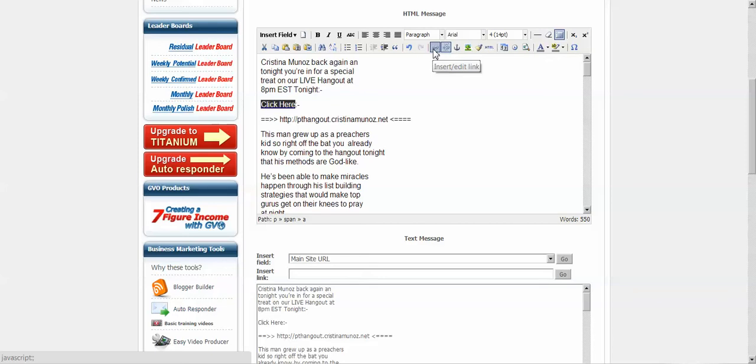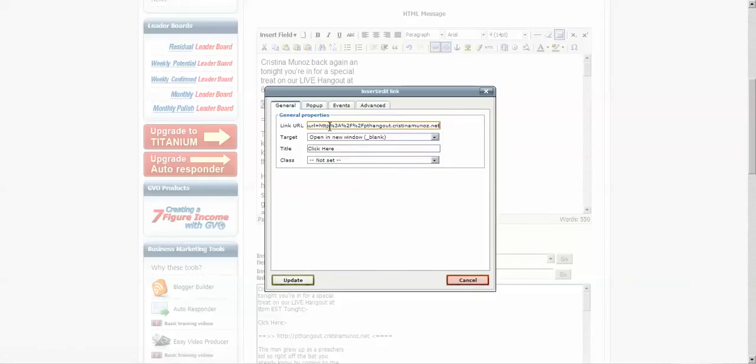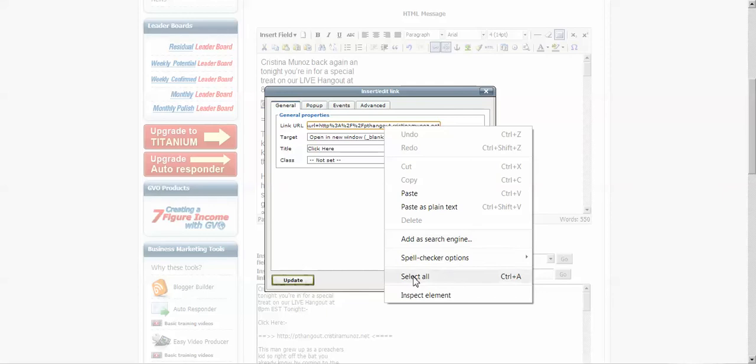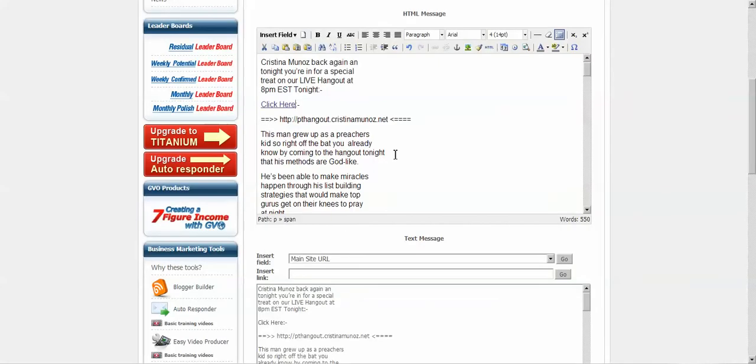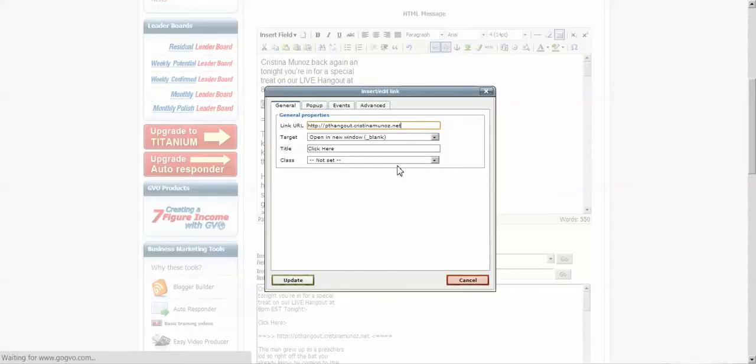Okay, I'll show you what I mean. It'll do this weird stuff to track. I don't want any of that because it won't track it properly. So I delete it, put the link in again, Control V to paste the link again, update. And the second time it will save it properly. Only when you're doing it from text and you're doing hyperlinks yourself do you need to worry about that. See, it saved it properly this time.